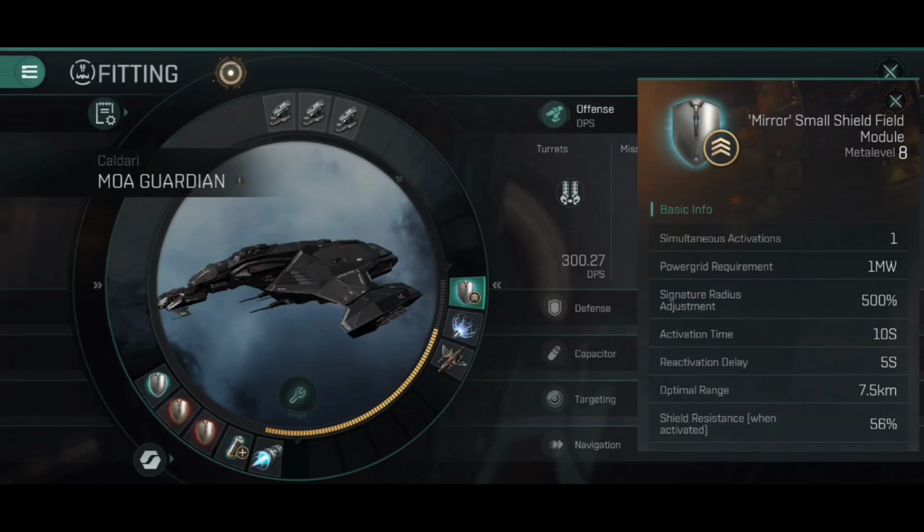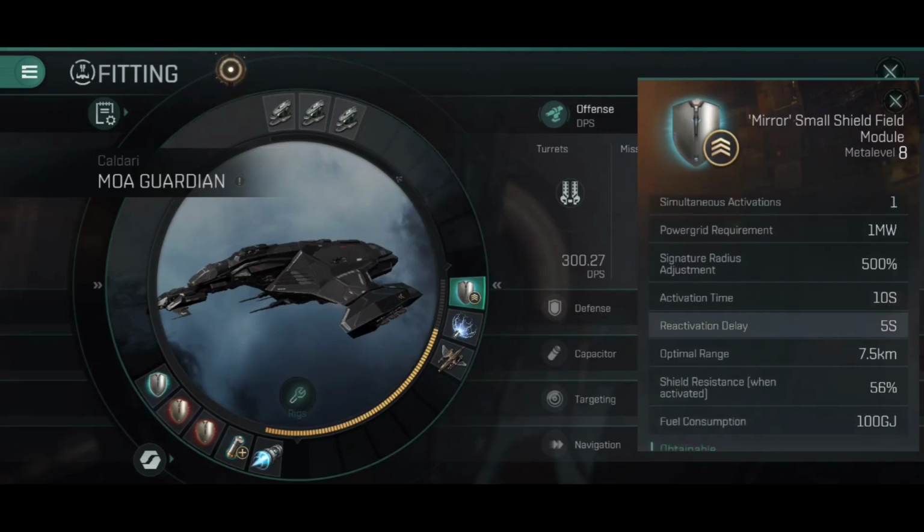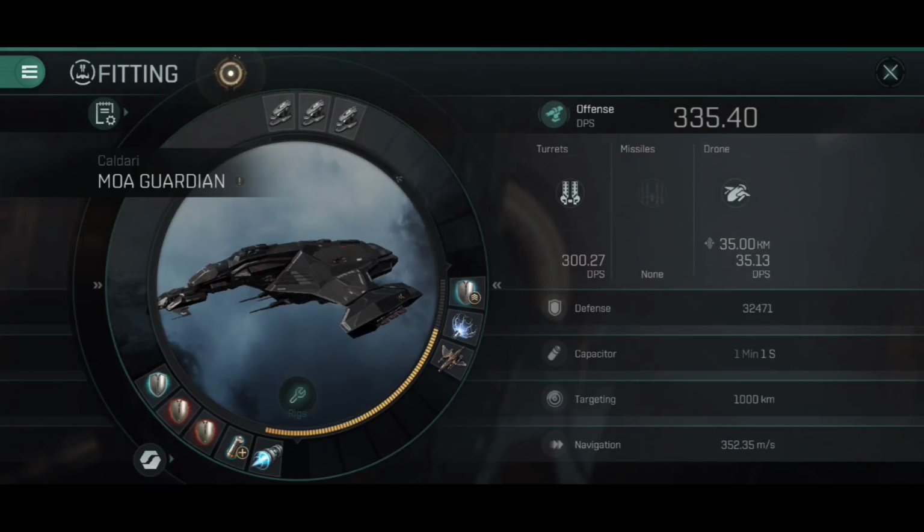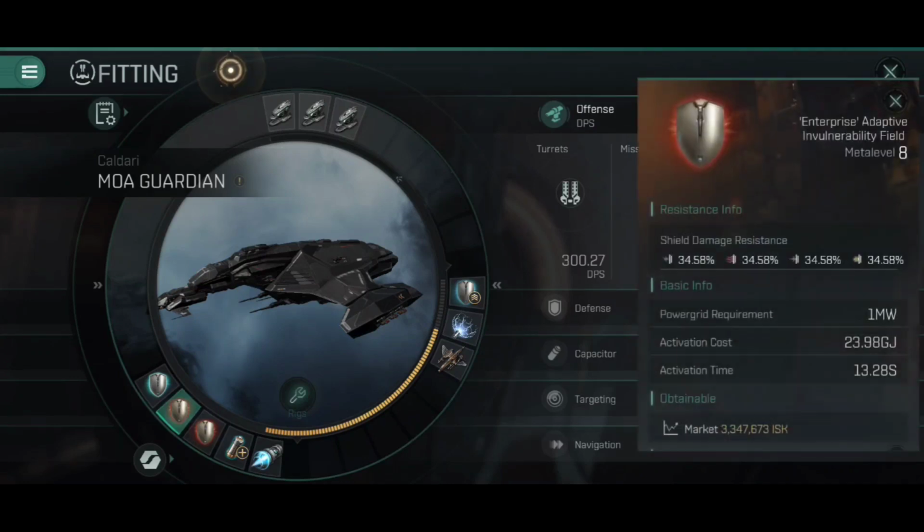But we do get the shield resistance boost of 56%, which is just insane, and you'll see the amount of resistance we can get out of this ship is terrifying. 56% shield resistance with that active. Everything's going to be hitting us, but we're going to be such a heavily shielded target that none of that damage really is going to get through. Especially since we then have 2 Enterprise Adaptive Invulnerability fields, increasing those resistances by a further